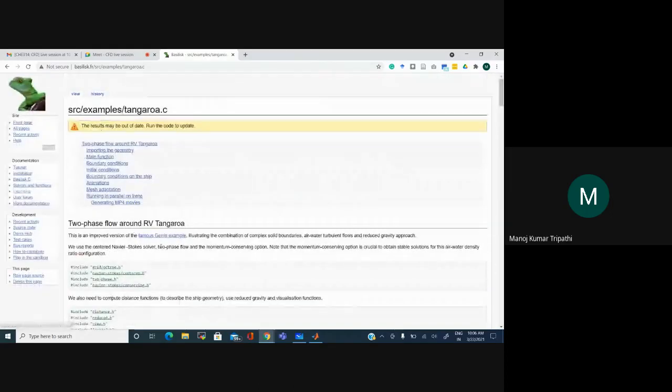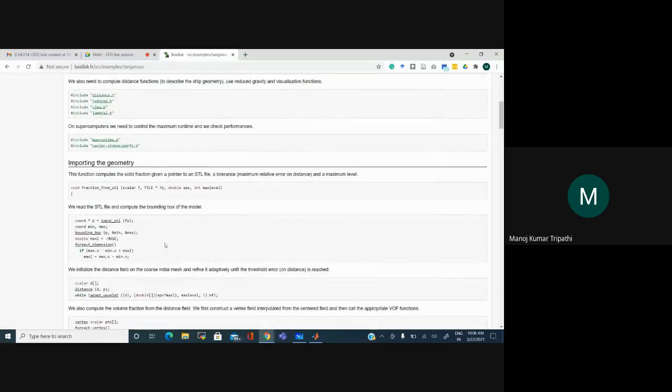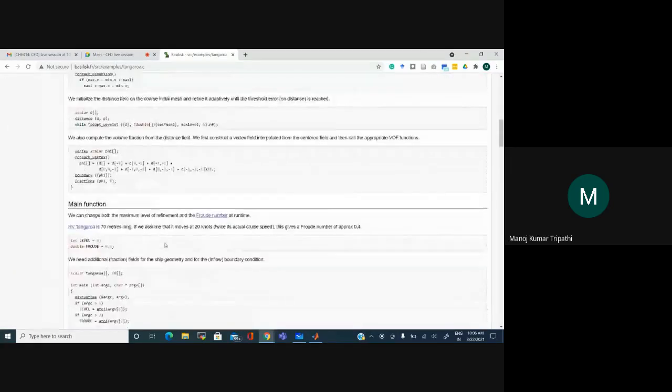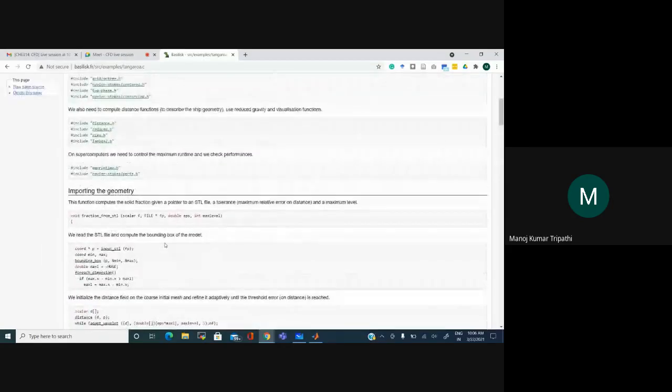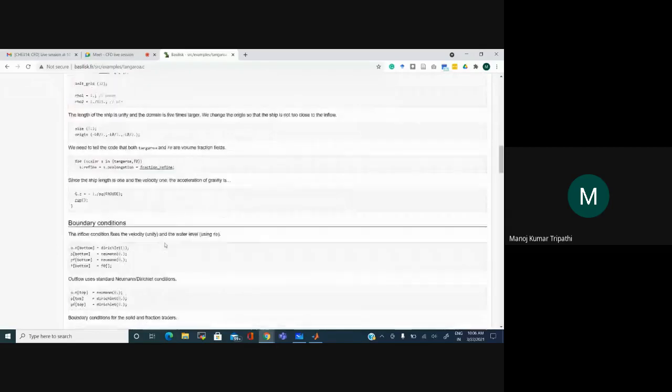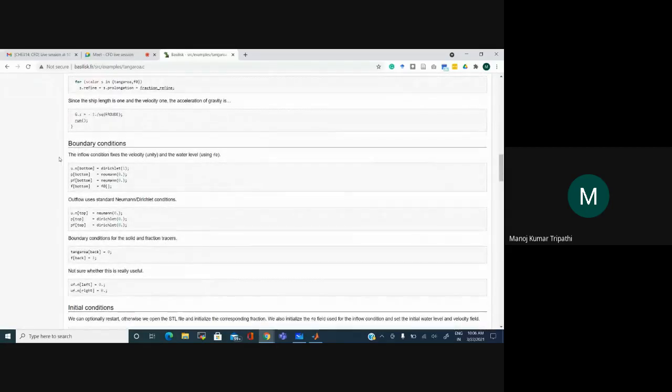You can modify this code. There are boundary conditions written here, initial conditions, and so on. So let me just show you how they have written the boundary conditions here. So if you see this part, boundary conditions, it is very simple. In this code, they have modified the C code to include these things here. For example, they write P bottom, which means on the bottom boundary, what is the value of pressure?